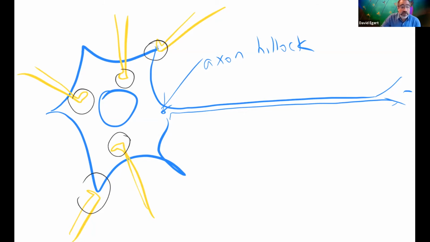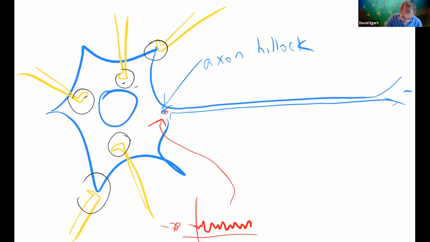These are firing off, and they might be excitatory postsynaptic potentials or inhibitory postsynaptic potentials. So these are all working together to make the voltage go up a little or down a little. So if I'm looking right here at the axon hillock, the beginning of the axon, I'm at minus 70, but it's actually going up and down around minus 70, because if there's a bunch of excitatory postsynaptic potentials, the voltage is going to get higher. There are more inhibitory postsynaptic potentials